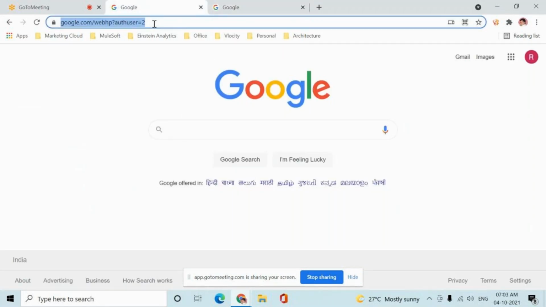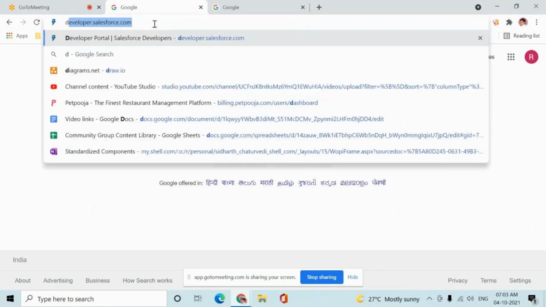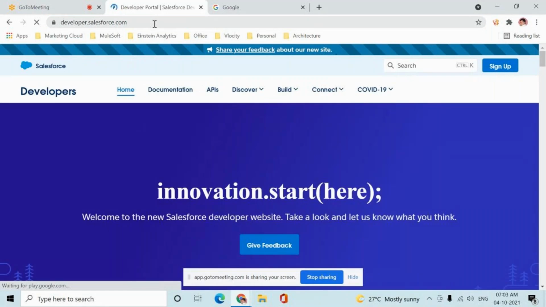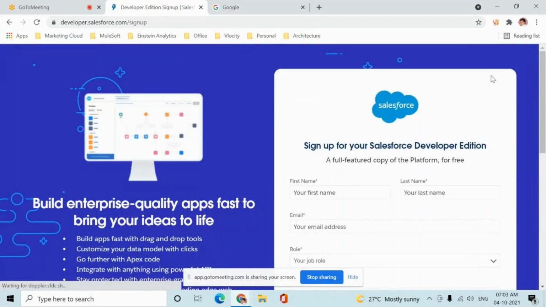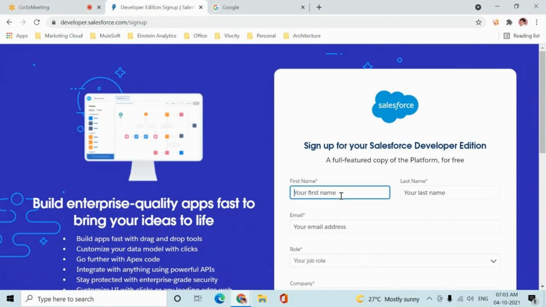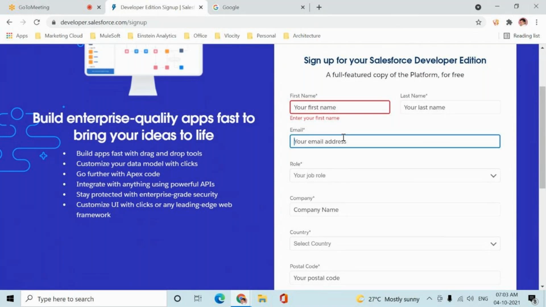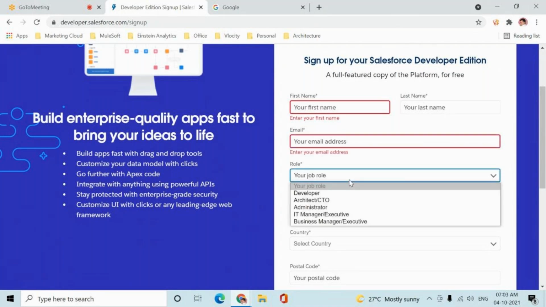So to get the Salesforce environment, we have to go to developer.salesforce.com. Okay. And from here, you do a sign up. When you're doing the sign up, it will ask you a few details: first name, last name, your email ID, which is a working mail ID, and role, what is your job role.